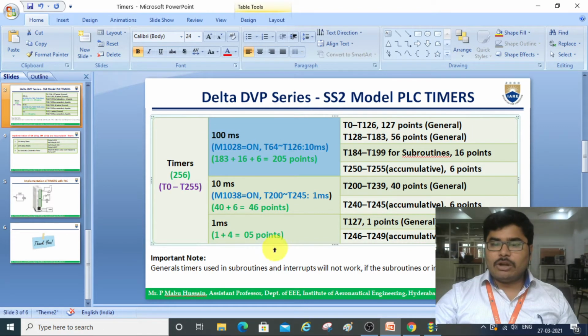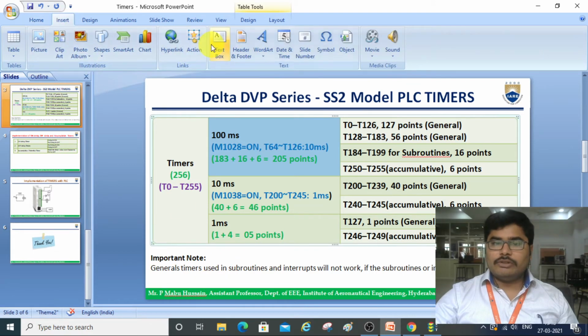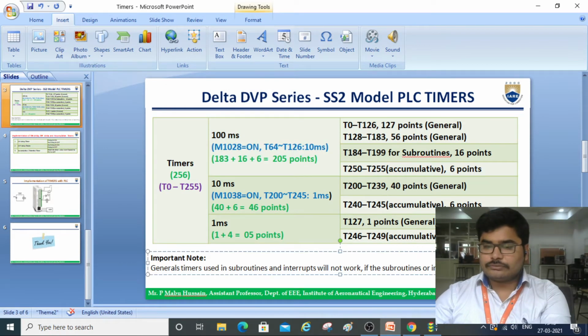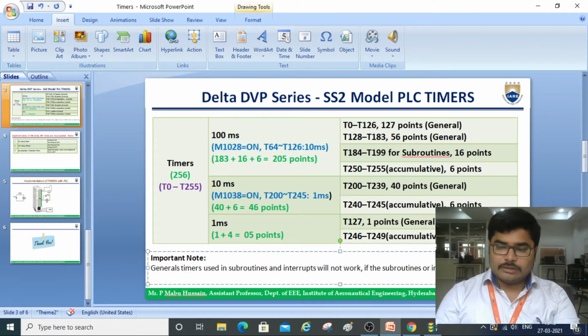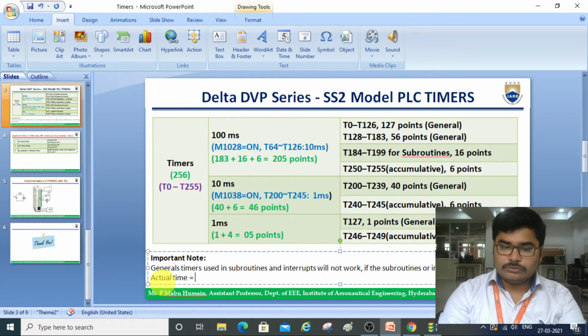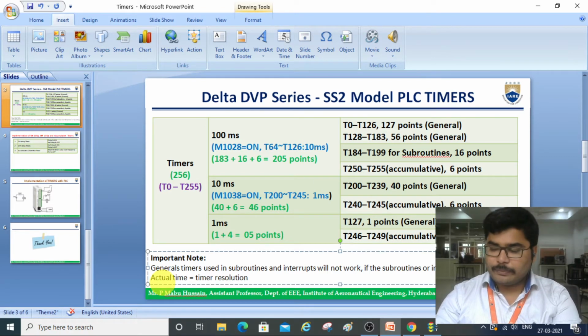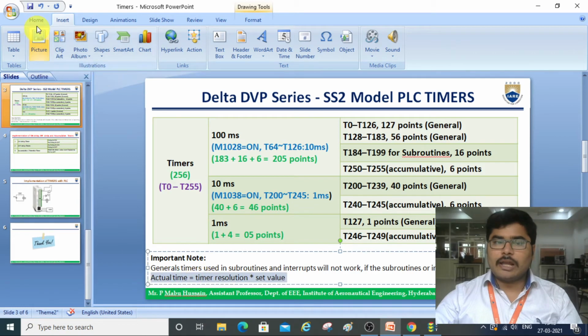Now generally you can calculate the actual value of the time by using a formula, which I am typing here: actual time is equal to timer resolution multiplied by set value. This is the formula you have to use for calculating the actual time.